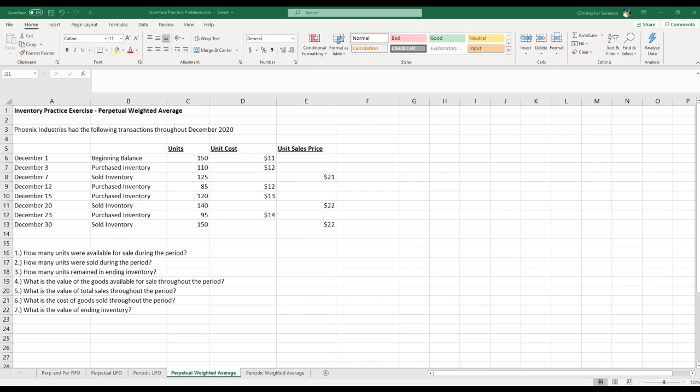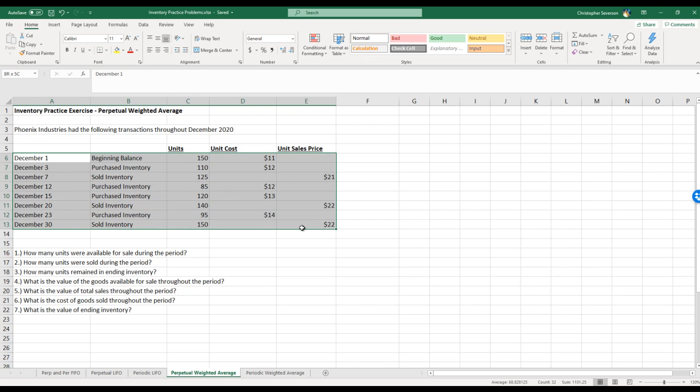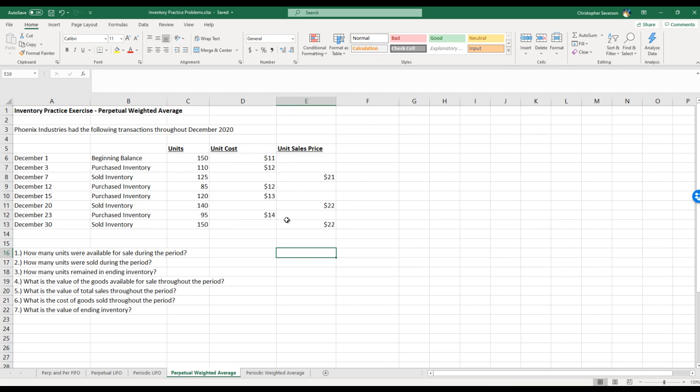With weighted average, it's a little bit different because we're essentially going to be recreating the inventory layers. Now, again, when I use that term inventory layers, I'm just talking about these different rows of inventory cost. As we sell units, we have to figure out which of these costs per unit we are going to use. And it's not always as simple as just one cost. Weighted average makes it a little bit more complicated because now it's not really going to be any of these individual costs. It's going to be a weighted average of all of them